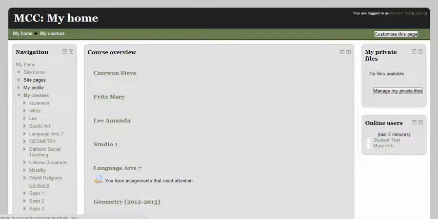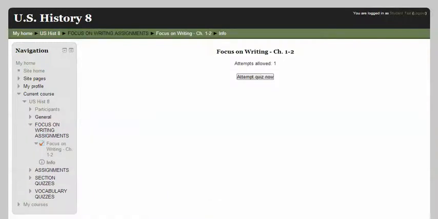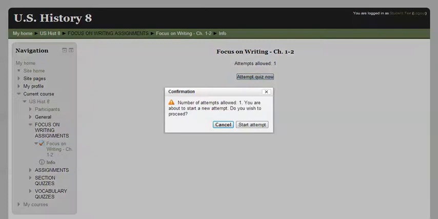And go to the U.S. History page. At the U.S. History page, we'll come to Focus on Writing, Chapter 1-2. We're assuming, of course, that you've already read Chapter 1-2. And since you received this assignment yesterday, we're assuming that you've already looked at it, that you remember that there was one attempt allowed. It's very important that you understand that there's only one attempt allowed,